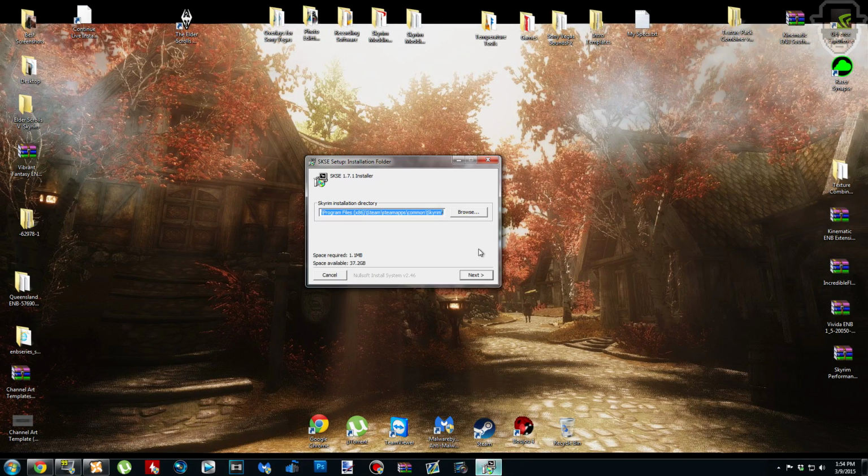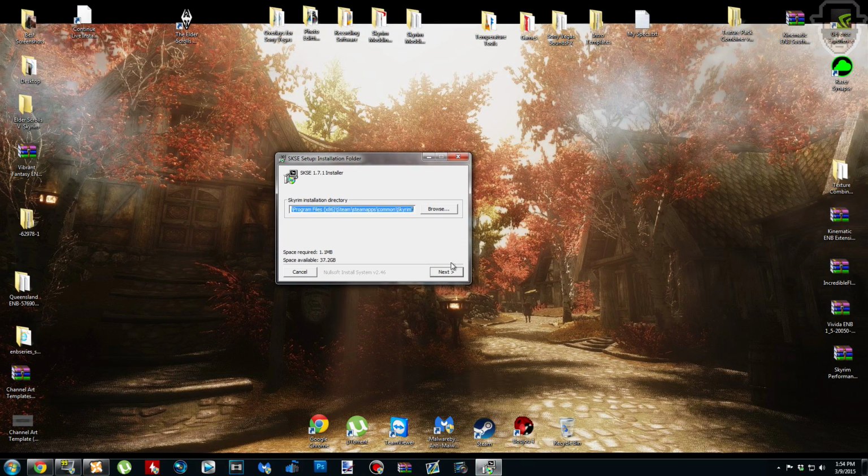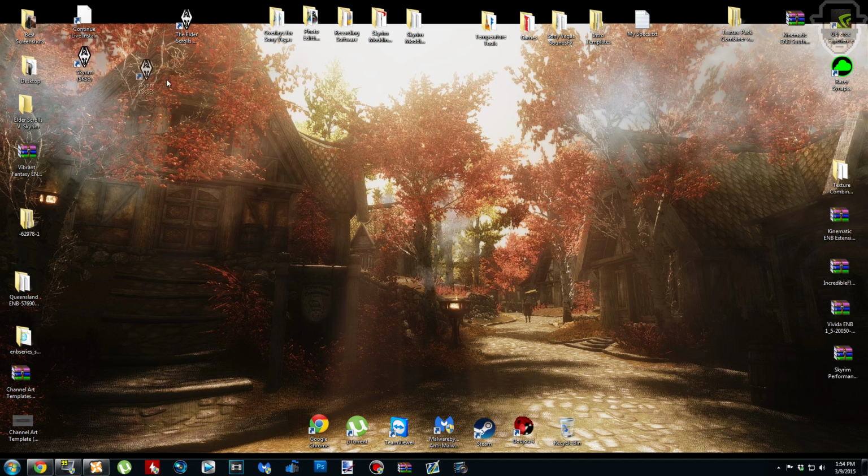Alright, so bring up the SKSE installer, and then you're going to click Next. And then I always recommend doing a desktop shortcut just so you can click on it and then click install. And it'll literally only take a couple seconds to install. And now as you can see, it's going to create another Skyrim icon with SKSE in the parentheses, and you can just delete your other icon if you had one on your desktop. So now SKSE is officially installed,